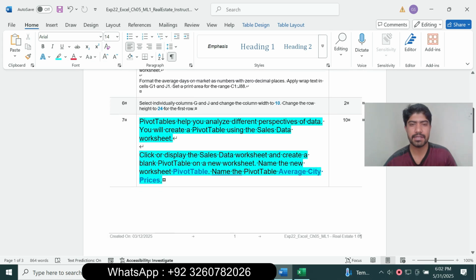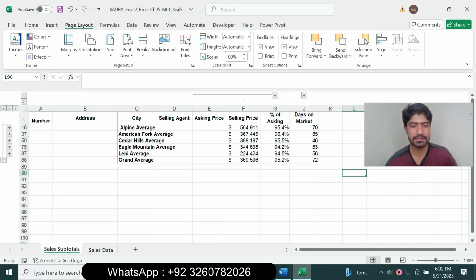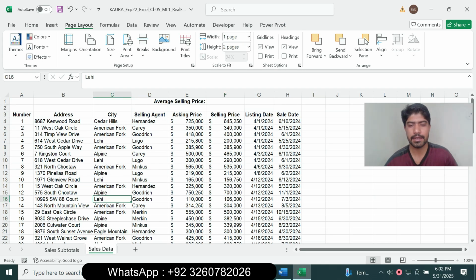pivot table analysis helps you analyze different perspectives of data. You will create the pivot table using the sale data worksheet, and display the sale data worksheet and create the blank pivot table on a new worksheet and name the new worksheet Pivot Table and name the pivot table Average City Price. Display the sale data worksheet. So display the sale data worksheet and next is